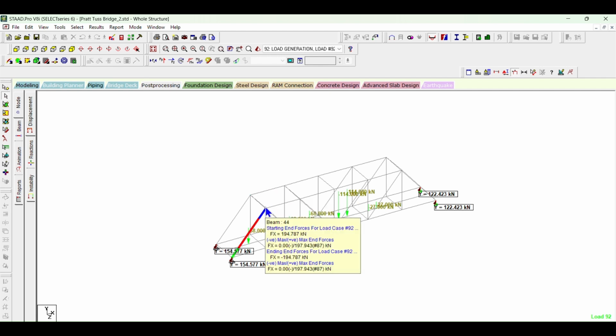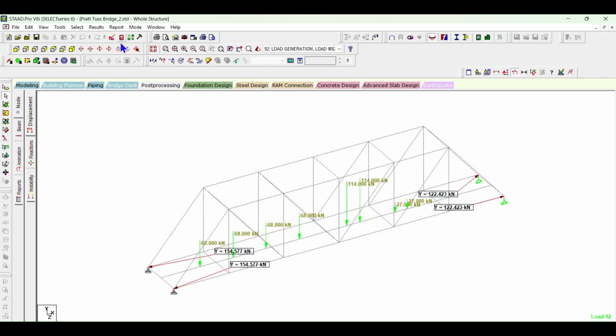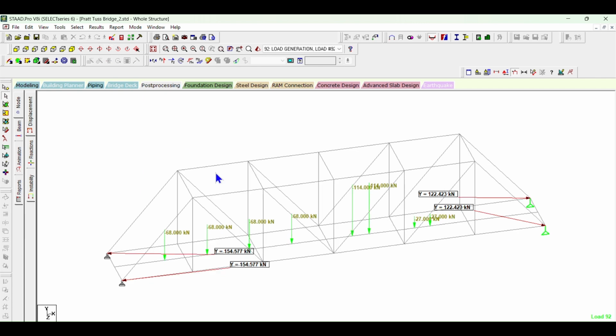But if you will go to any of the diagonals, say this diagonal, not this one, say any other diagonal, let me rotate the bridge. Okay, let me go to this diagonal. Okay, what is showing here? It is showing negative max also and positive max also. It means diagonals carry both tension and compression. The maximum tensile force in this diagonal when this load moves through the bridge is 70.27 and the maximum compressive force will be